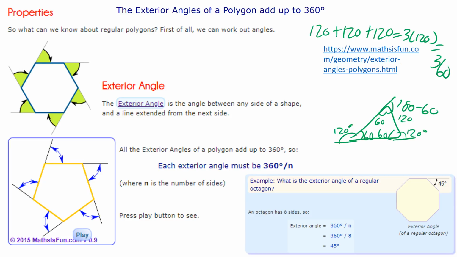So if we go through all of the different polygons, whether it's a heptagon, a hexagon, a nonagon, a dodecagon, whatever we have, the exterior angles are always going to be 360 degrees when you add them all up, which could be useful because that means to find the exterior angle of a regular polygon, all we have to do is take 360 and divide it by the number of angles or sides we have. So to solve for the exterior angles, we just have to divide 360 by the number of sides we have. Remember, n is the number of sides,